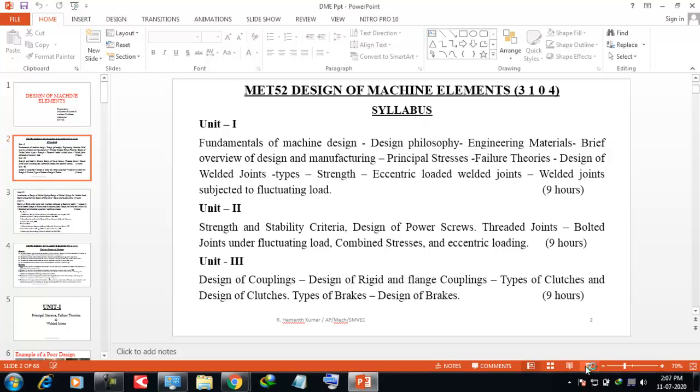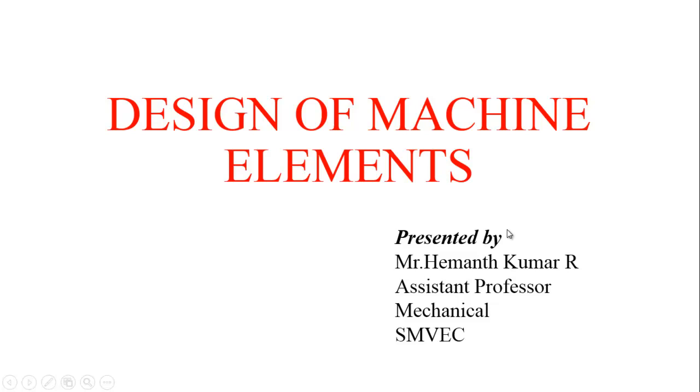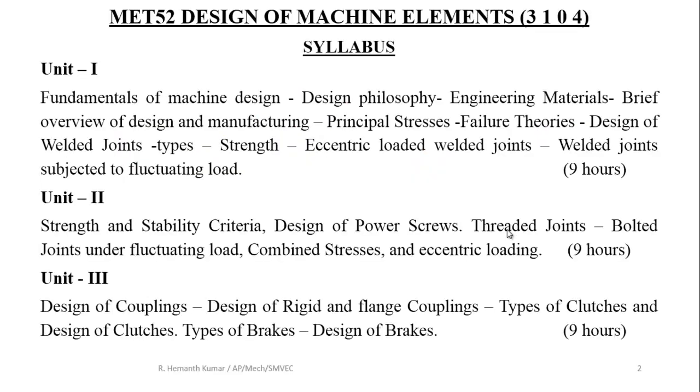In our subject, we will be discussing the designing of various machine elements. First of all, what is meant by machine and what is meant by elements? Machine is a collective component which contains several elements like bolt, nut, and other things like plates. It comprises very small elements, and those elements are assembled to form a working machine.